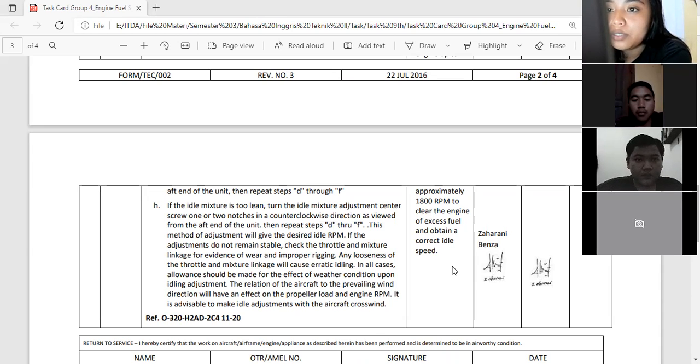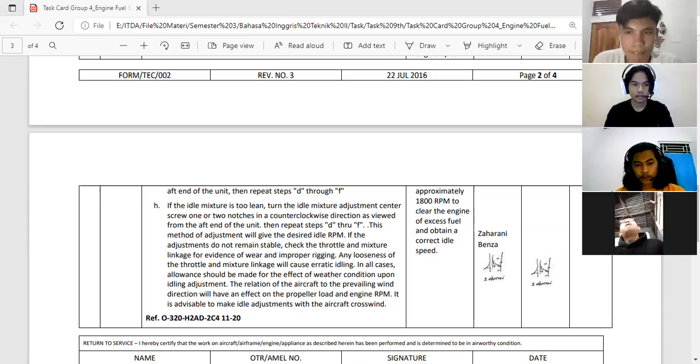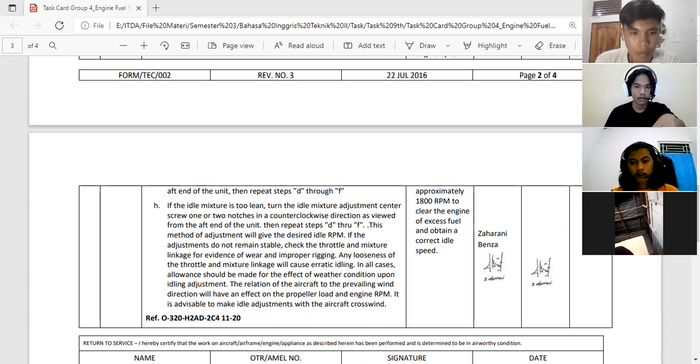If the adjustments do not remain stable, check the throttle and mixture linkage for evidence of improper rigging. Any looseness of the throttle and mixture linkage will cause erratic idling.